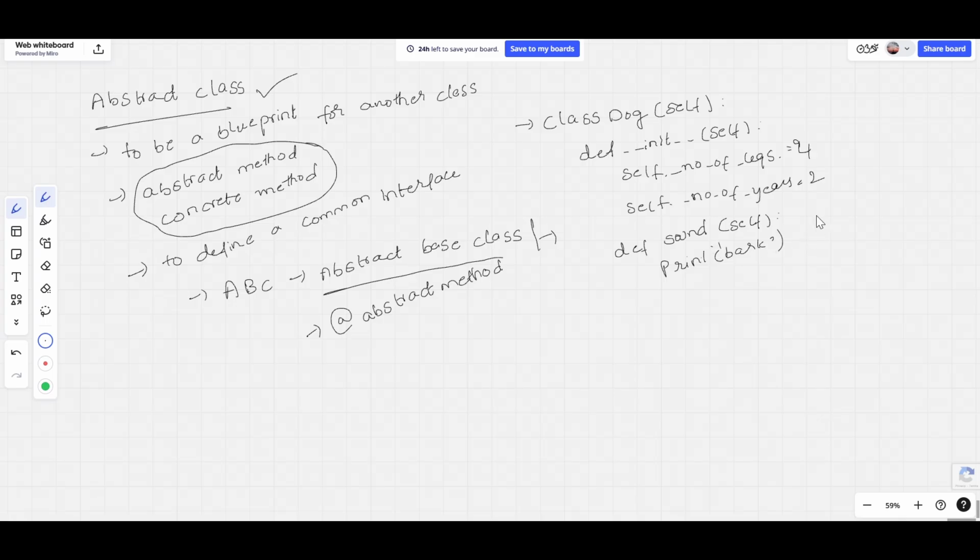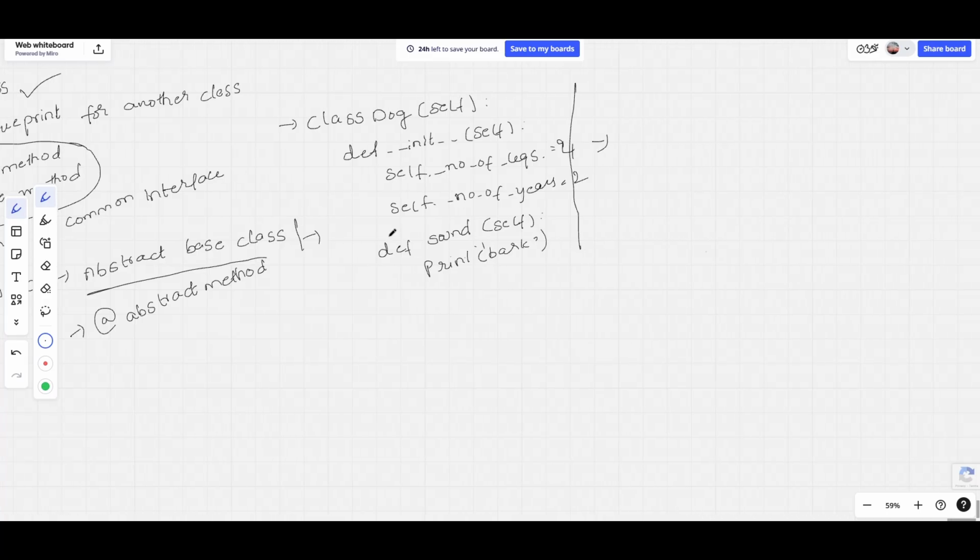Okay, this is a single class for dog, and if you want to print the same things for another animal, you need to write another class for that animal, right? You need to write again and again. Instead of this, we can create an abstract class which is a blueprint for all the above classes. For that, first we need to import